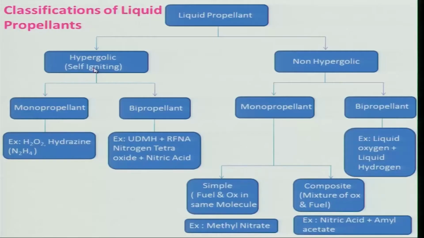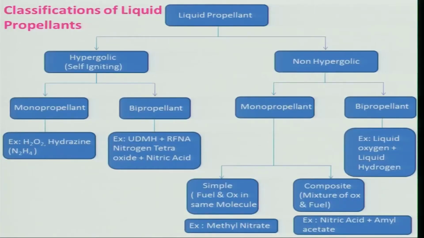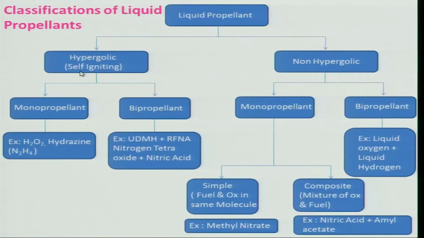But that is also being used. And non-hypergolic propellant is where you need to provide the requisite amount of ignition energy, right. So it can be broadly divided into hypergolic and non-hypergolic, and both can be divided into monopropellant and bipropellant. Of course, there is a tripropellant as well, but I am not discussing it. So, for the monopropellant in the case of hypergolic, I have taken two examples. Monopropellant means it is a single